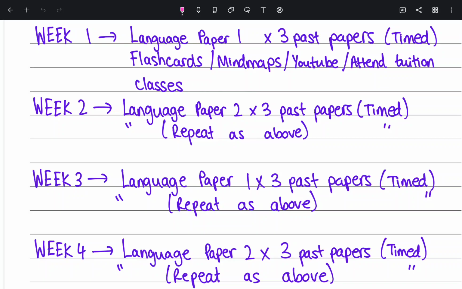And I'm sure many of you are struggling in terms of where to revise. Use this and tick this off as you work through it every week. What you can do, for each individual week, you can even narrow it down further and create your own timetable. But this is just to give you an insight of how I would tackle it in terms of my study